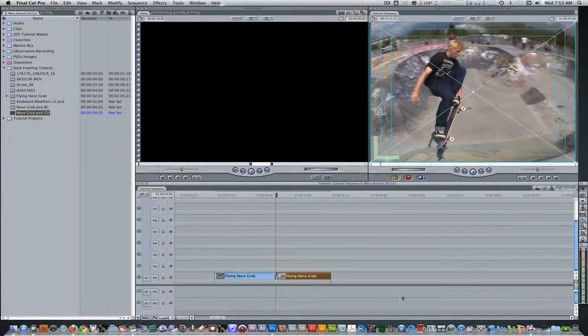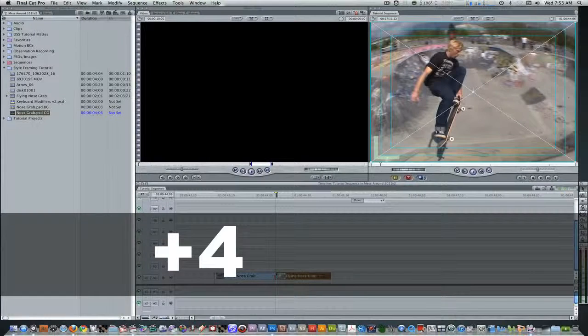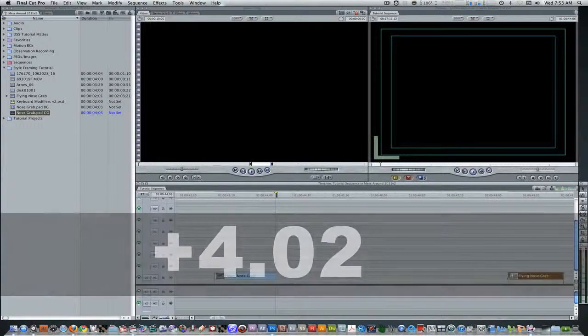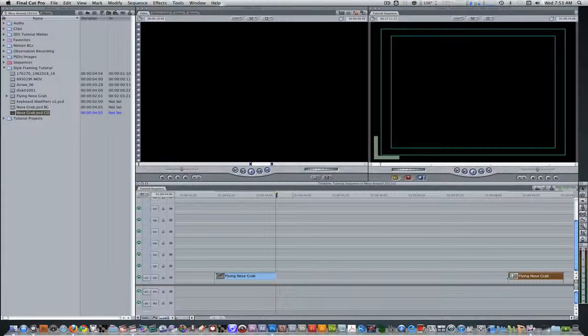So we're going to move the right half of the clip about 4 seconds, 2 frames over. If you type in +4 period 2, it moves the clip 4 seconds, 2 frames. The next thing we need to do is bring in our background nose grab sequence. So if you go to your project browser and drag it in,